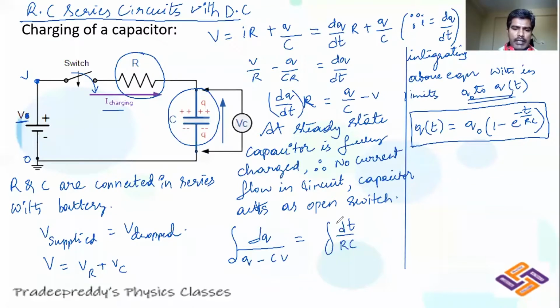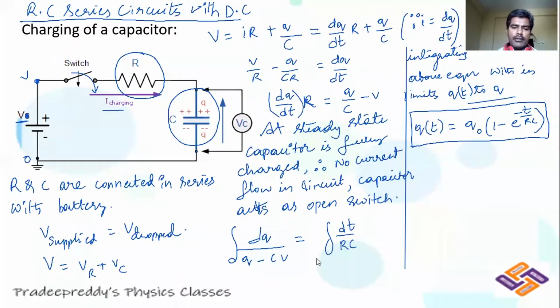So I'll make it clear to you. Initially, suppose there is some charge on the capacitor, and I'll make these limits clear. At some particular instant of time, there is some charge on the capacitor. I am writing that charge as Q of t, because at that instant its charge is Q of t. And what is the final charge on the capacitor? The final charge will be equal to Q, as we have taken here. So this is Q, the final charge.